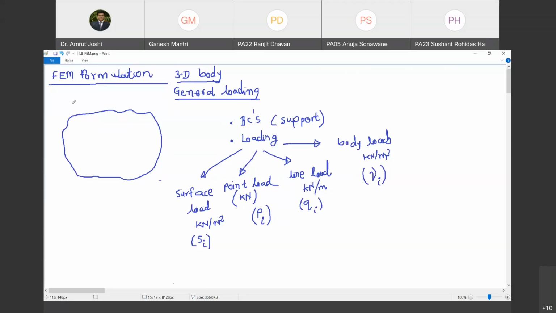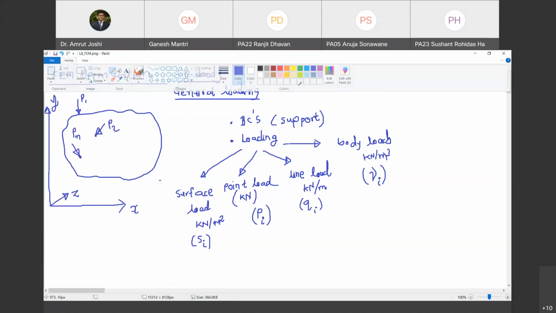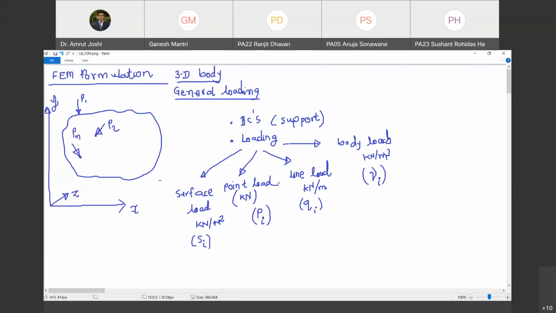Okay. Now let us show these loads on this body as indicators. So I will show point load as P1, then you can have P2. Mind you, this is a 3D body. That means it has all the 3 dimensions which are significant. So therefore, these loads can be oriented in any random way. Are you with me? Yes, sir. So X, Y, Z. So I am going to show these loads as P1, P2 up to Pn. And let me follow the color code now. These point loads I am going to denote by blue color. Let me choose another color for line loads. So line loads, let me denote by a red color.